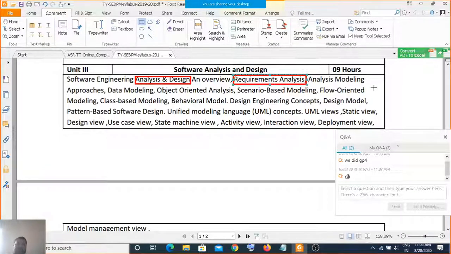There are different analysis modeling approaches, and the first approach is data modeling. Some software engineering projects are very data centric. For example, if someone wants you to create an inventory management system, you have a tremendous amount of data of similar type.